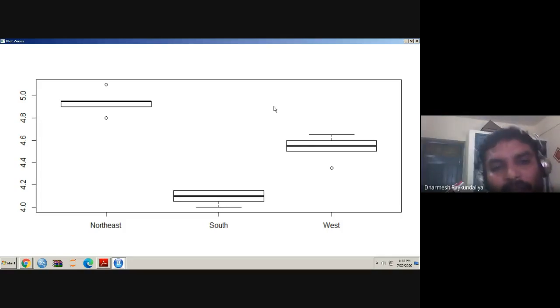So the first thing is that the medians of the three boxes are different. In the northeast you can see the median is here, in the west here, and south here. That means the average salaries of new account graduates are different, which we can reveal from the box plot. You can see some outliers present in the data in the north, east, and west. Here the box sizes are the same, so we say the variance of south and west is same, but we can't say about the northeast. So we have to verify whether the variances are same or not.